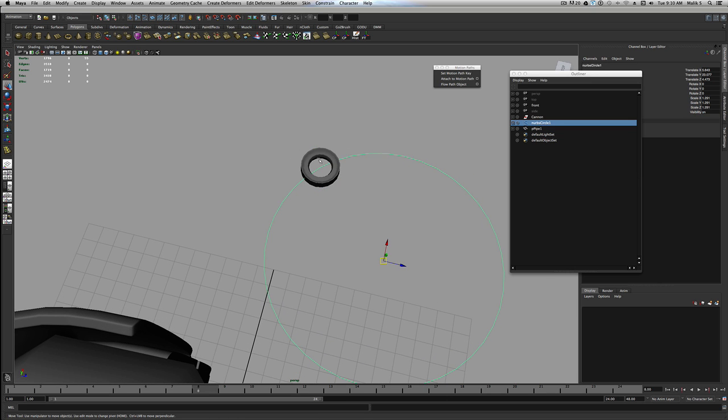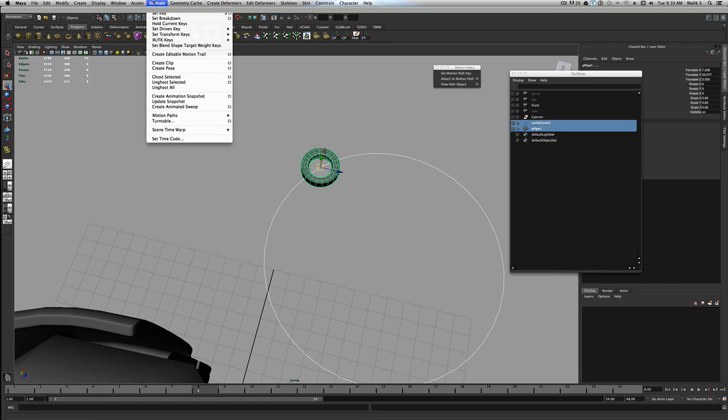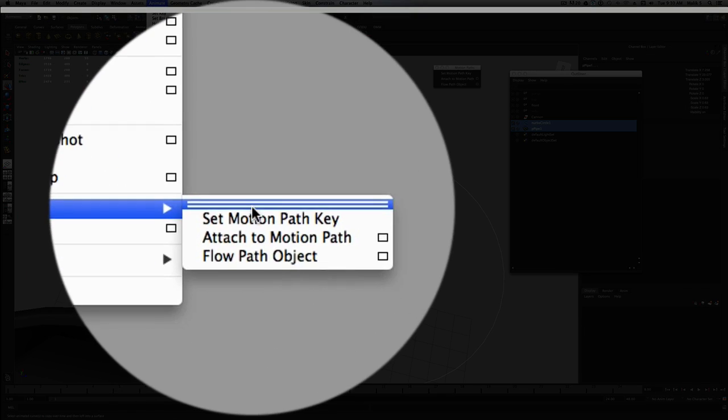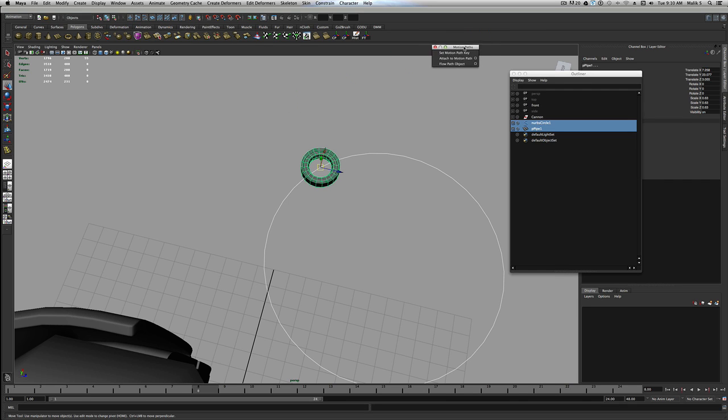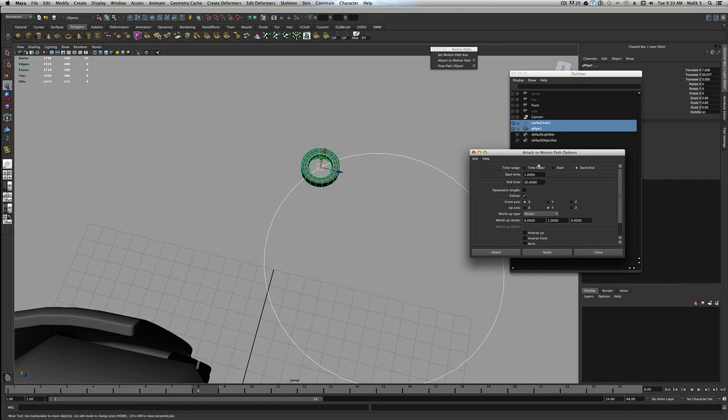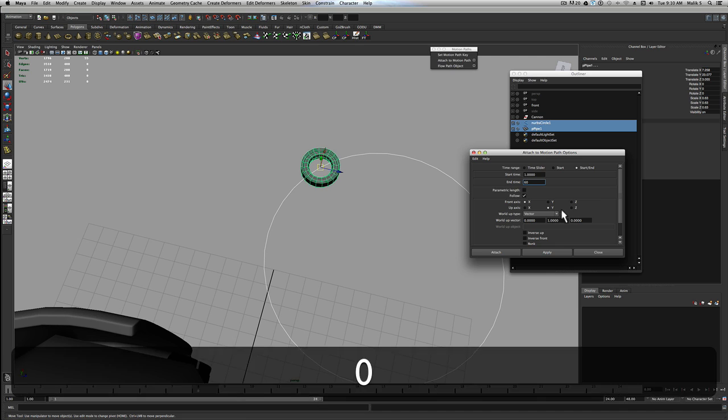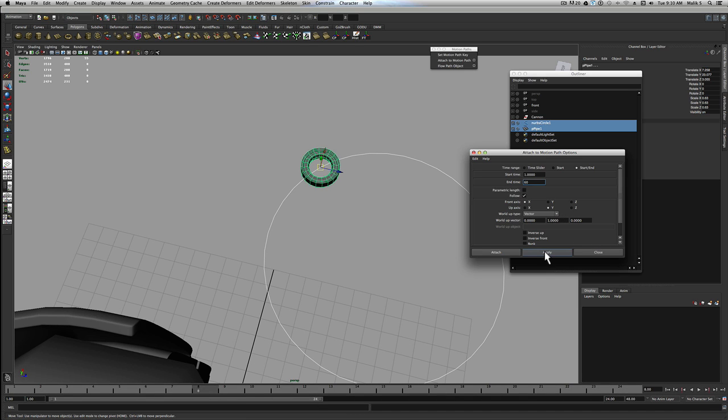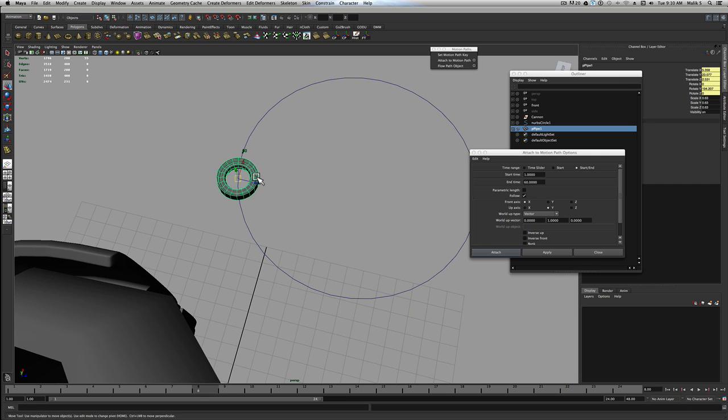From there, I'm going to select the path, select the object. I'm going to go to Animation, Animate, Motion Path, Attach to Path. I'm going to hit that. I'm going to hit Starting and Endpoint. Endpoint is 30. I might put a little bit more resolution on that, so 60, and everything else is fine. And I hit apply, and now it's attached to